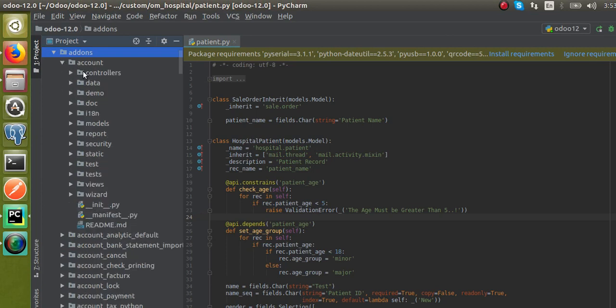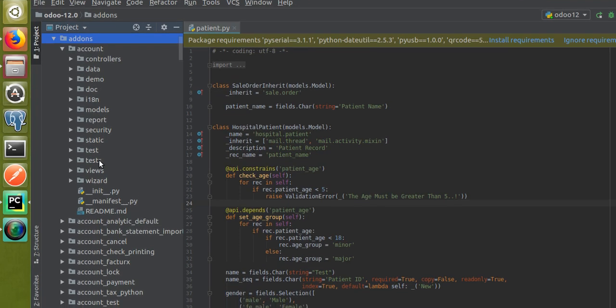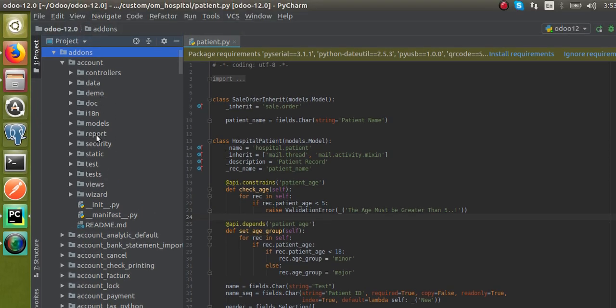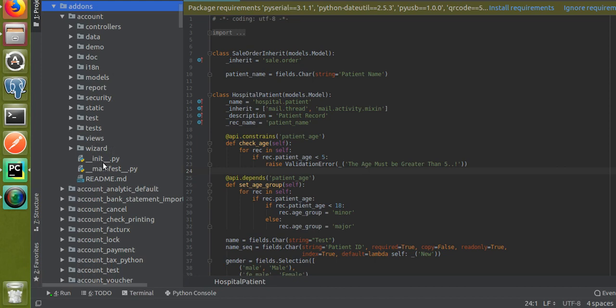You can see different folders inside this. This is the module, and inside this module you can see different folders like controllers, data, demo, doc, i18n, models, report, security, static, test, views, wizard, etc. So let's see on what basis these folders are created here. You can see the init file and the manifest file. In our earlier videos we have shown you how to create a manifest file and the use of the init file,